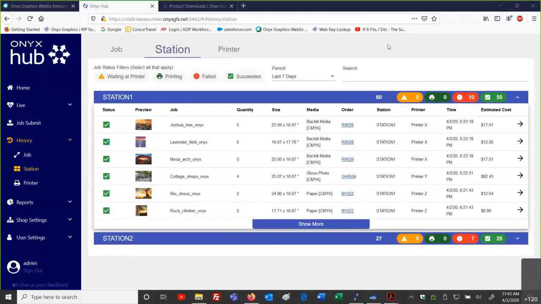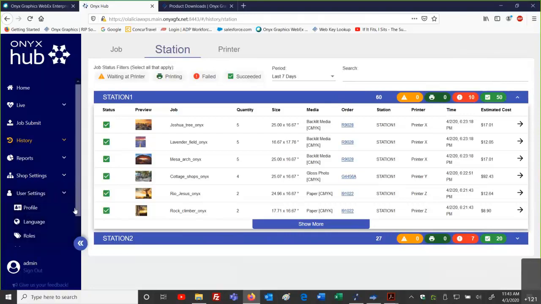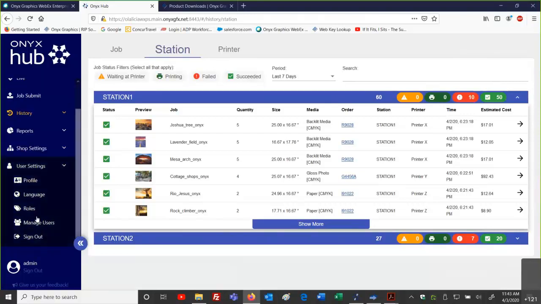Let me see if we can do this. I might have to get back to you. There might be a setting in here that talks about default, because naturally this is global, right? We're not just talking about square feet as far as our measurement goes. There may be the condition to do that.